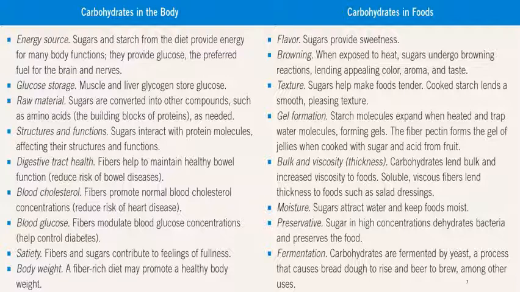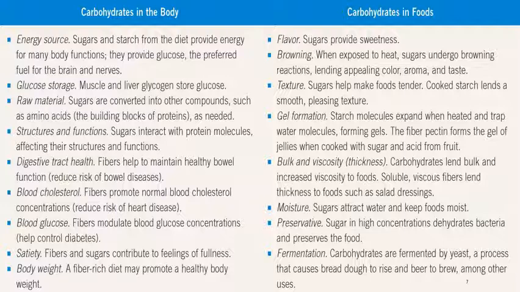Raw material. Sugars are converted into other compounds, such as amino acids, which are the building blocks of proteins. And amino acids are not the same as proteins. You have to have the 9 essential amino acids, essential meaning that you need to consume them, to say, okay, I have complete protein. And there are 11 non-essential amino acids,